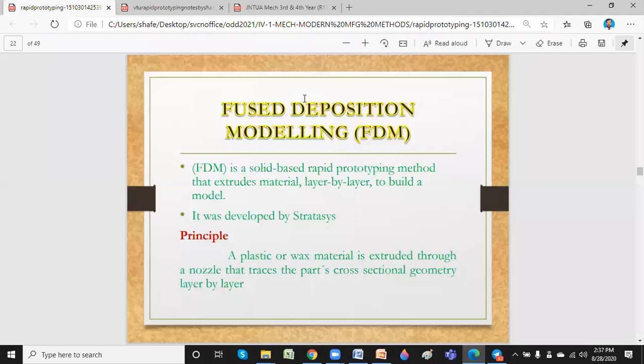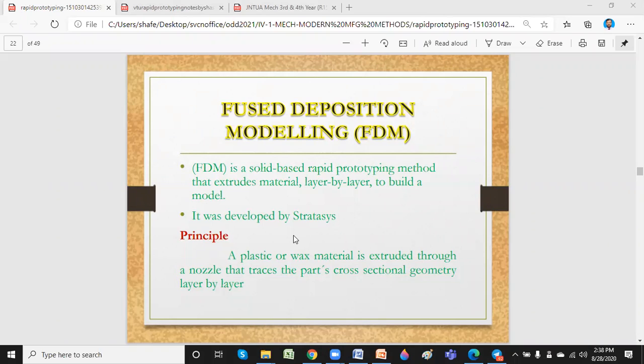It's a solid-based rapid prototyping method that extrudes material layer by layer to build a final model. It was first developed by Stratasys, one of the companies that first developed this method of producing 3D printed objects. The principle is very simple.